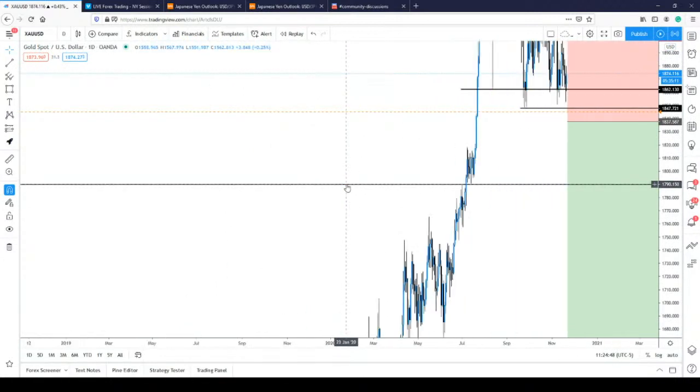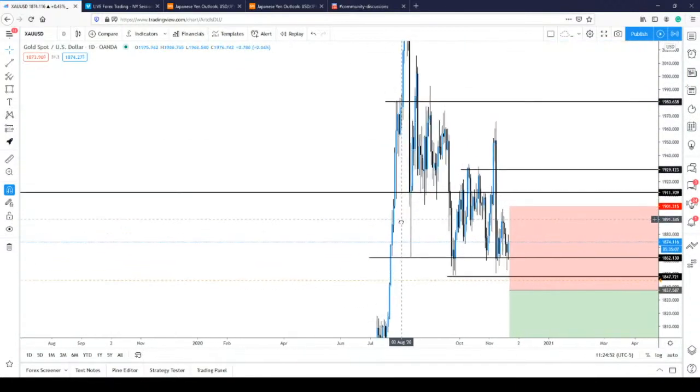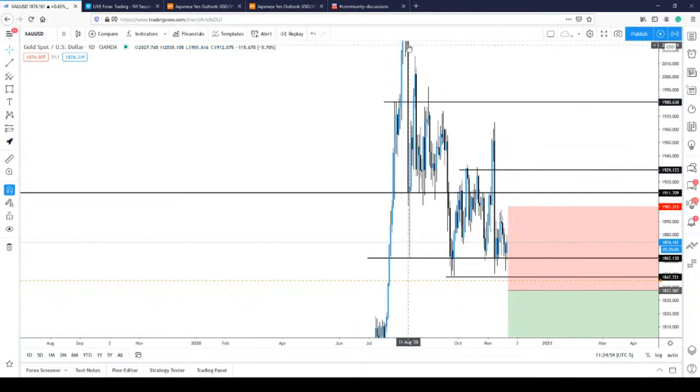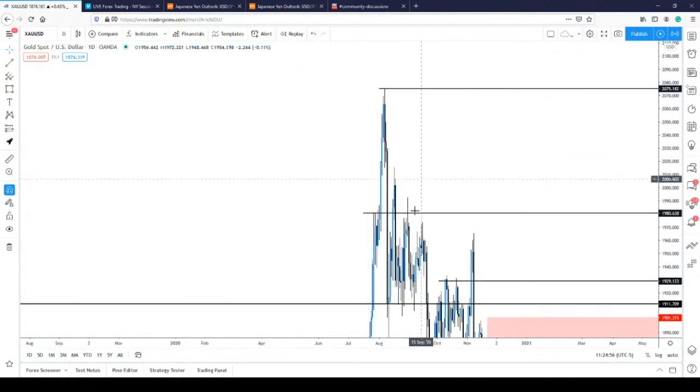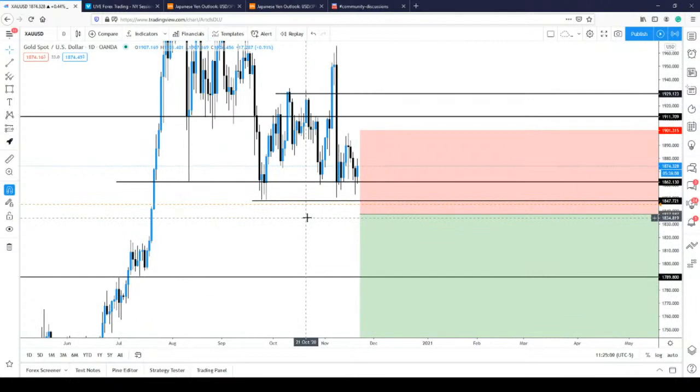You can see that was kind of the last swing low we made before price really launched up for I think 8 days straight, all the way up to the all-time high. So that's what I see for gold. I know I'm bearish on the dollar long term, but I think eventually, especially with the pressure of COVID over the winter, that gold will start to deteriorate, but not because of